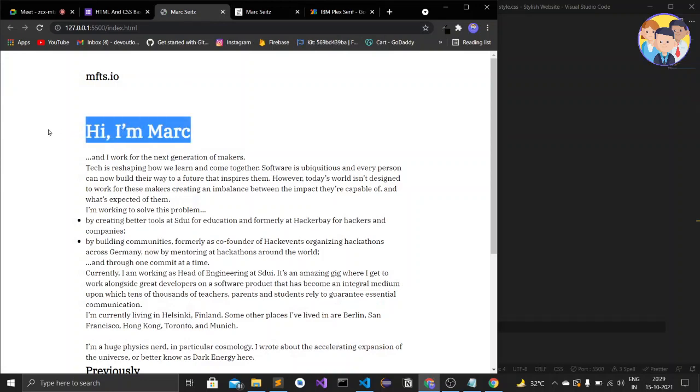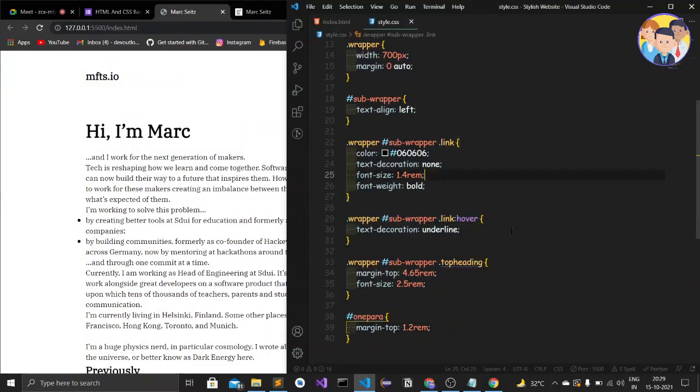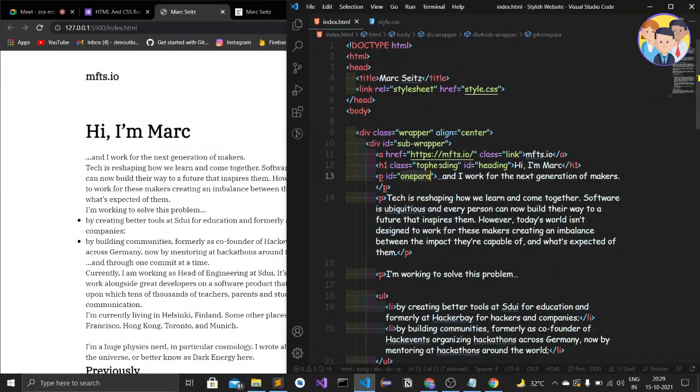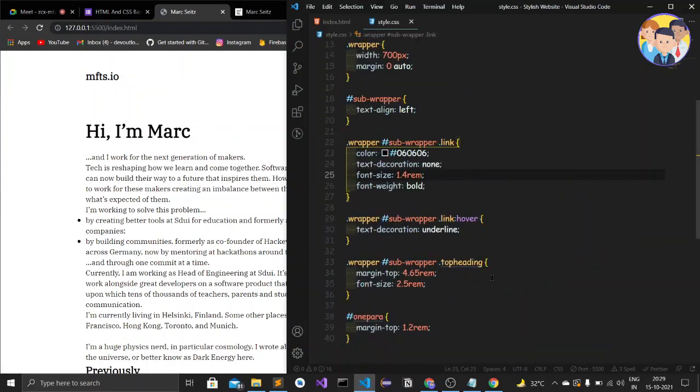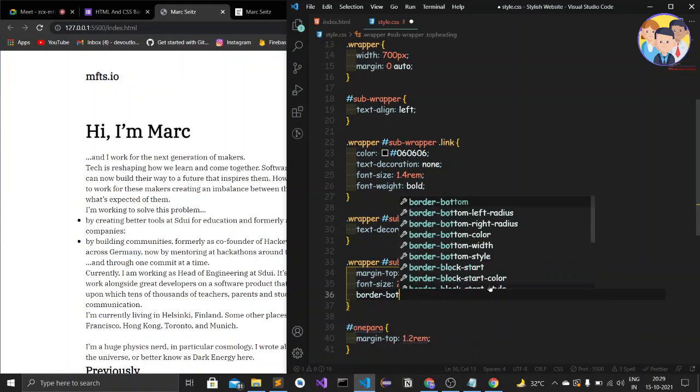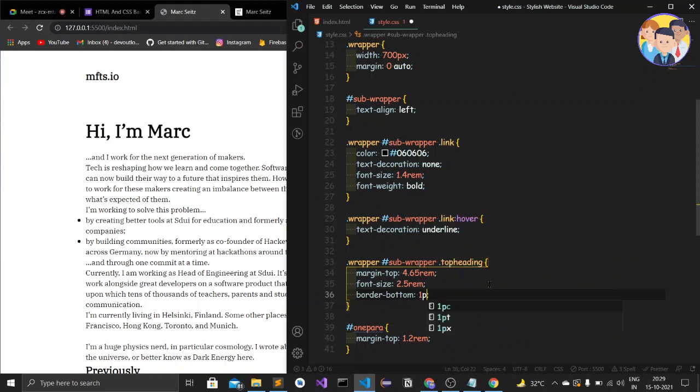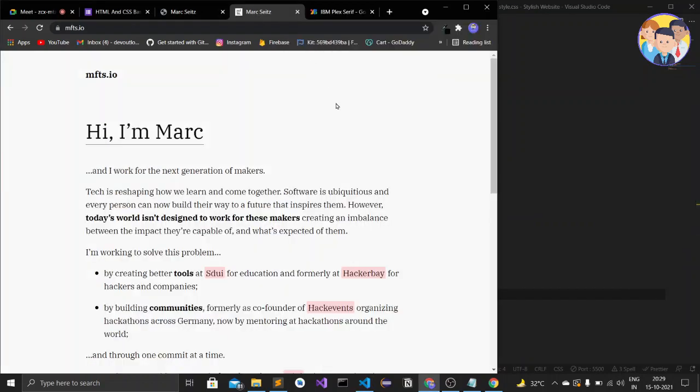We want the underline effect also. So let's add the border bottom to this heading. Here I'll add border bottom, and this will be 1 pixel solid, and the color of the border bottom is, let's